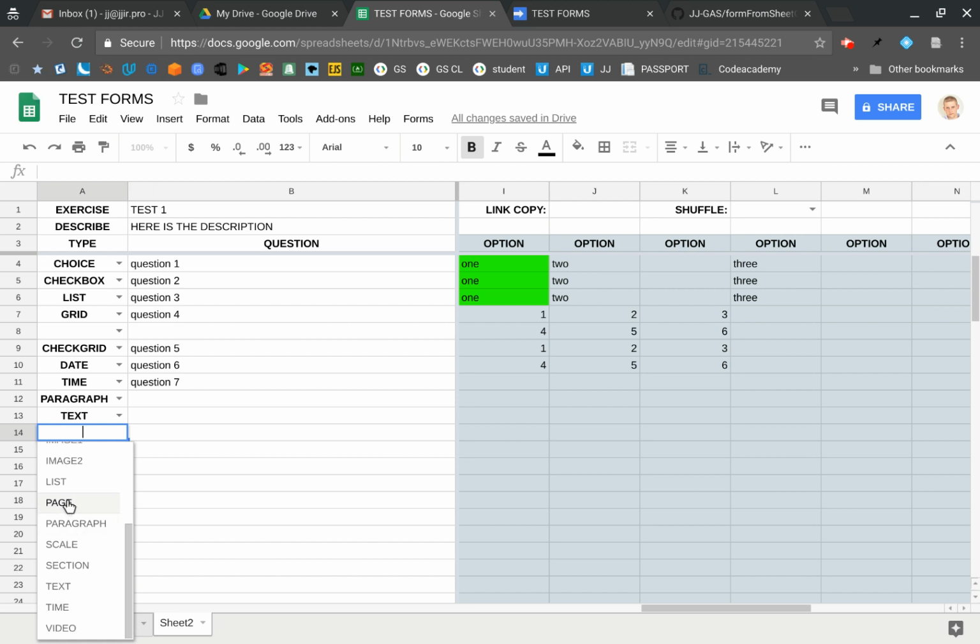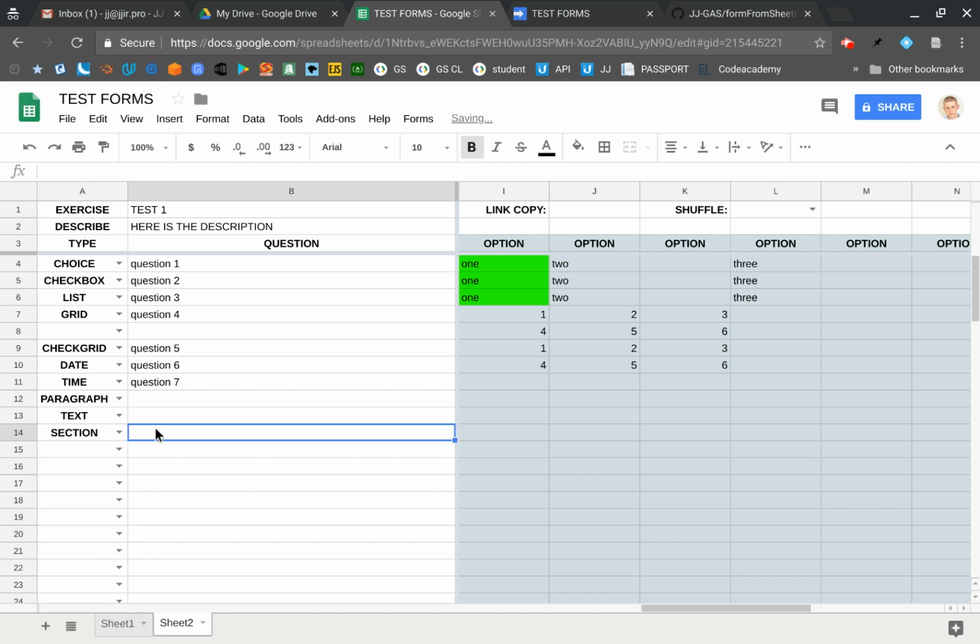So a page is the section break that's going to divide up the questions in the exam, so to speak. And then there's another thing I wanted to show you guys in regards to this. The page in the section. So this is slightly confusing, but the page is the page break, and this is going to be like your title. So the equivalent to title. So we can put a title in here so you can see how it is,